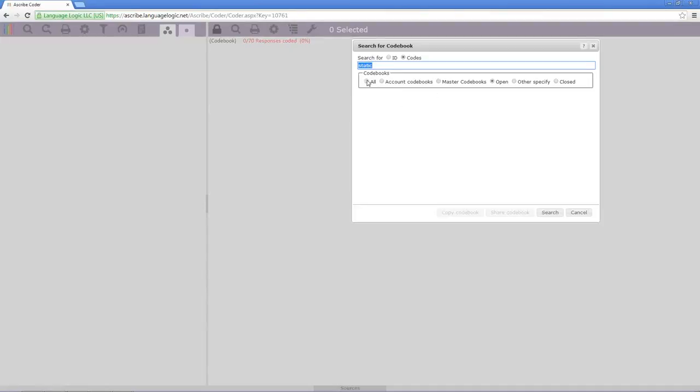I have the choice to search all codebooks, which will search account codebooks, master codebooks, open ends, other specifies, and closed ends. In this case, I'm going to just search for open ends. And I hit search. And what this does is it goes through and finds the first 20 codebooks that have the word static in a code description. Okay, so the first one that it found